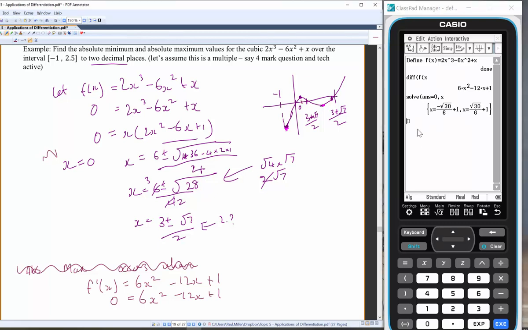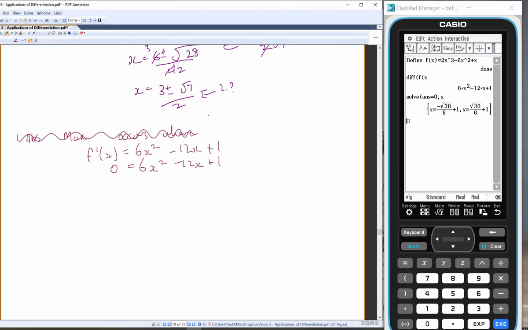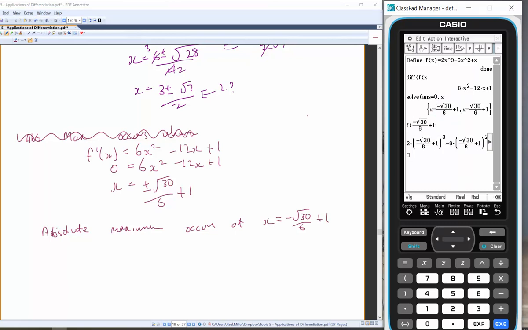So if I do, let's write it down. So we're going to say that x is equal to plus or minus root 30 on 6 plus 1. We're going to say that absolute maximum occurs at x equals, so it's a negative version of negative root 30 on 6 plus 1. So we're going to do f of that value, f of this thing here, and it's going to give us the absolute maximum,